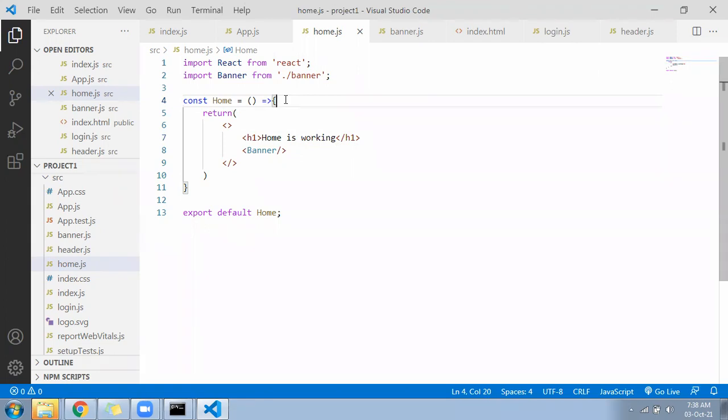Okay, hope home is ready. Now come to the app.js file.